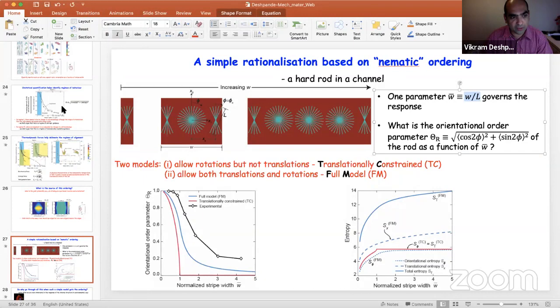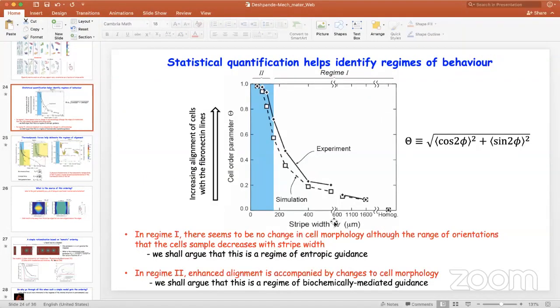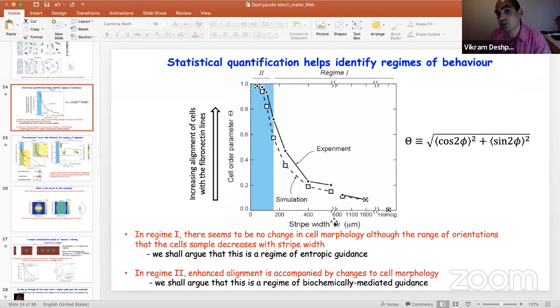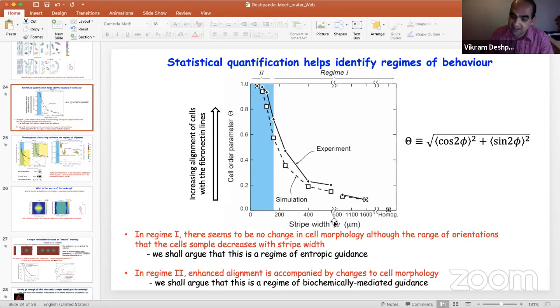So when I show this kind of a plot, this is the strip width, but I start off with the size of a cell in suspension, which is 160 microns approximately. Okay. So that length scale exists, but inside the cell, there is no length scale. In my current model, that's a very bad assumption. It came back to the previous question on the excluded volume, that it is absolutely true that